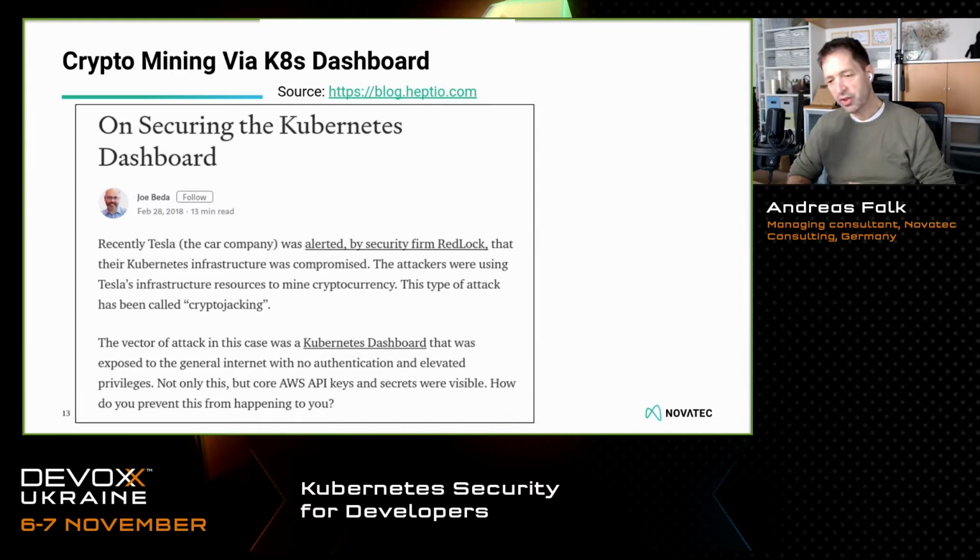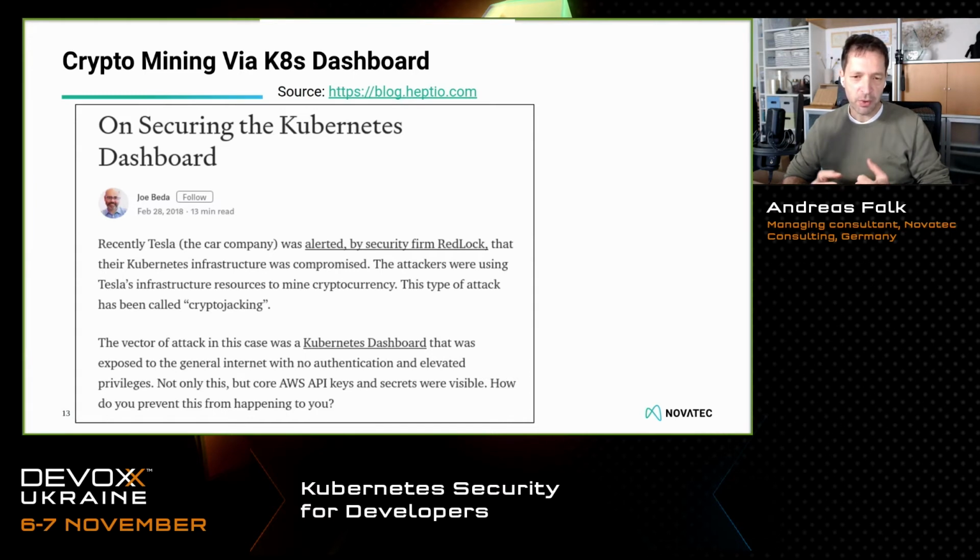So everybody could just access the Kubernetes dashboard of Tesla. And the hackers detected that. They pushed Bitcoin mining software to that Kubernetes cluster, which is the use case number one by attackers nowadays. They just wanted to push Bitcoin software to earn money,